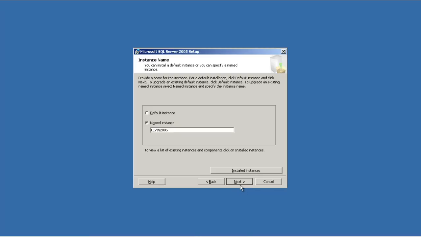Let's move to the next. As you can see, once I move to the next, this is going to install a second instance of the SQL Server. After installing the second instance, we are done with the installation of two instances of the SQL Server, and that should be sufficient for installing any number of instances of the SQL Server. As you can see, it's taking some time because it must be creating some folders beneath the SQL Server. The rest is going to be the same, no big deal.